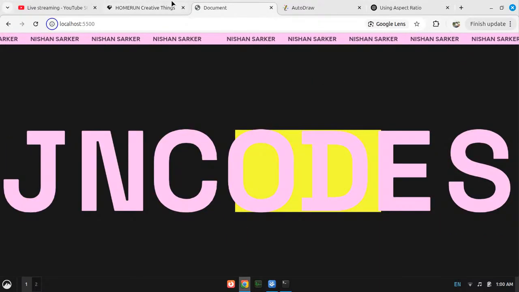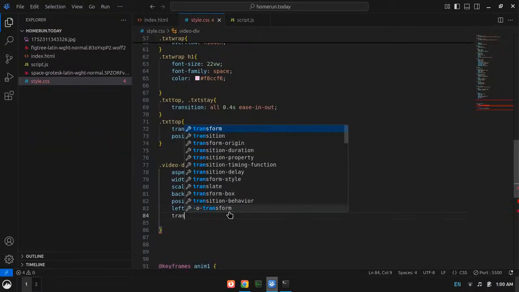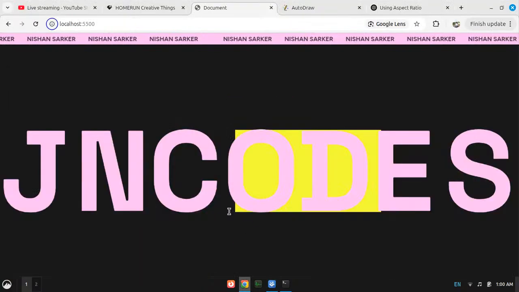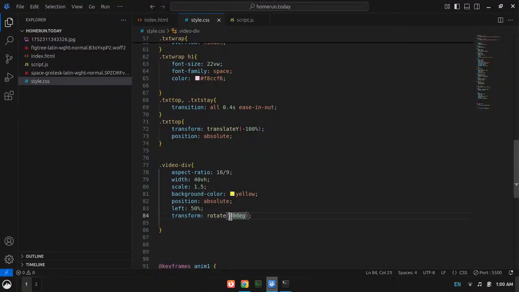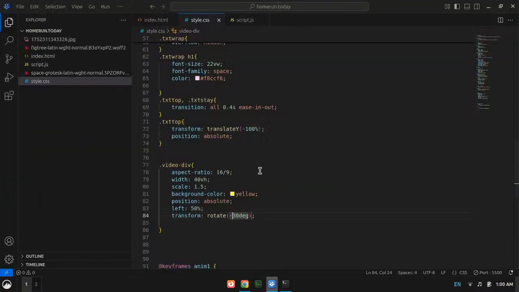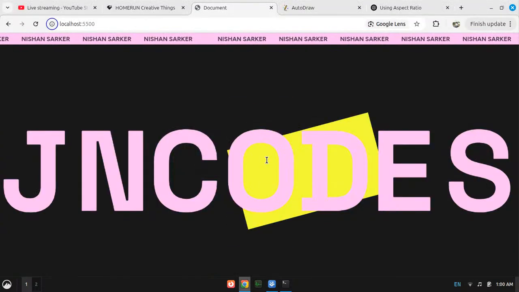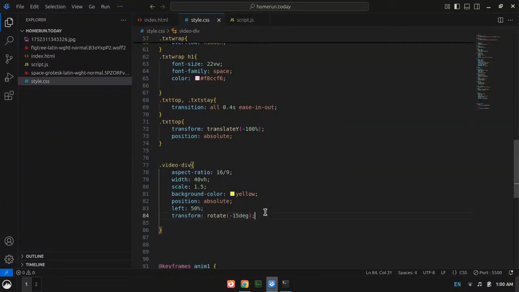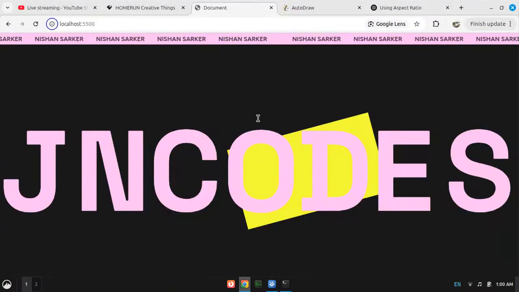Then I just need it to rotate a bit. Transform, rotate. Let's try 30 degrees and see what happens. I need to rotate negative 30 degrees, and it's there. Maybe negative 15 degrees. Yep, we are almost there. Now transform, translate Y minus 50%.